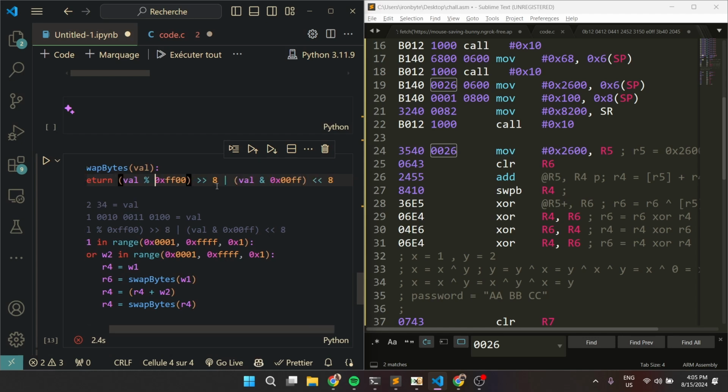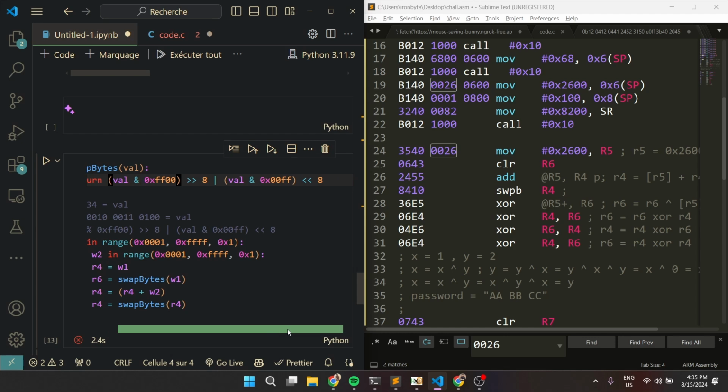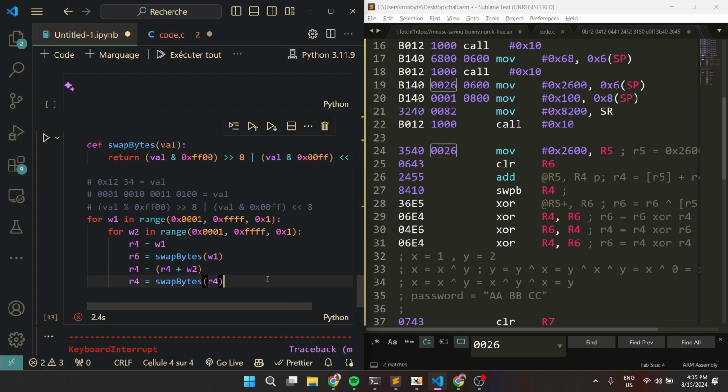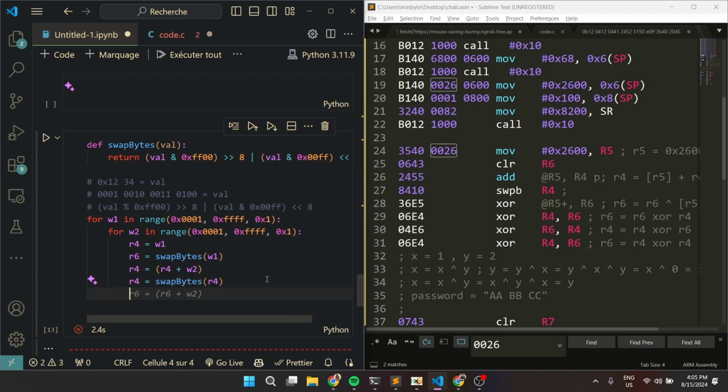So this is an AND. So we AND it with 0xff0, and then we AND it with 0x, and yeah, so it should be good. So after doing that, after swapping the bytes, the next thing that we have to do is